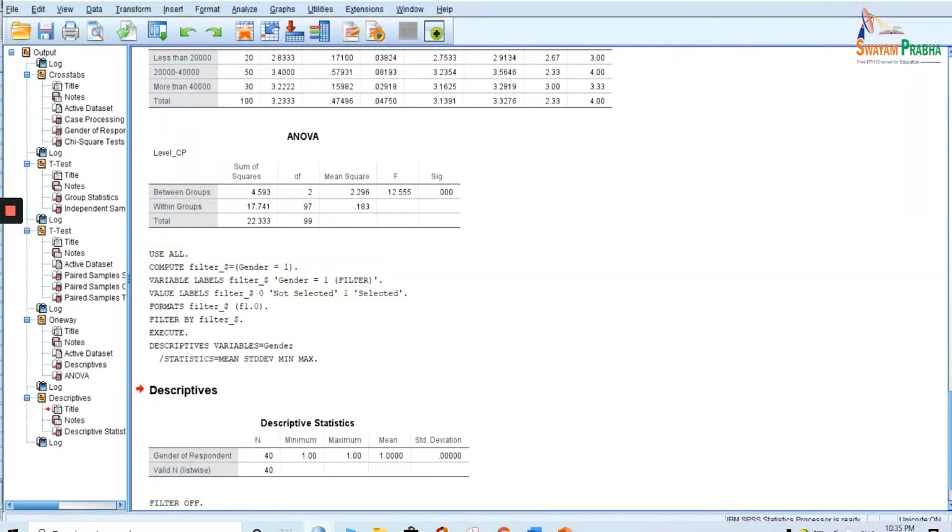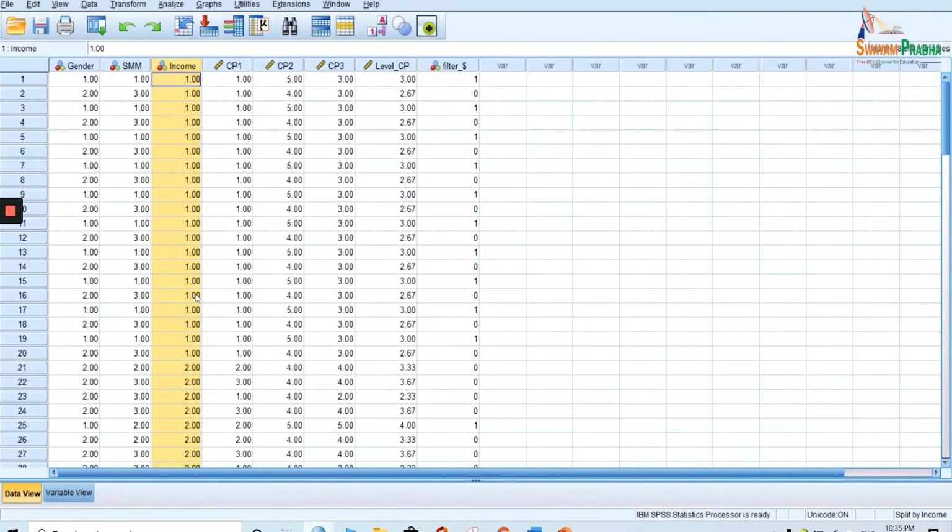Press OK. How do I know it worked? Nothing will happen in your data set, but at the right-hand corner you will see the file is now split by income, meaning the file is already grouped and you can perform the analysis category-wise.